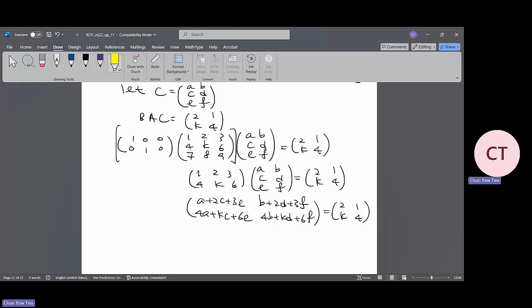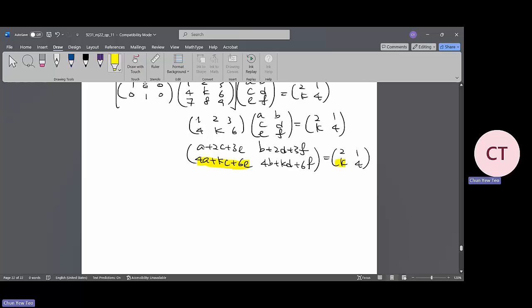So you can see that it's very obvious you can compare this. By comparison,